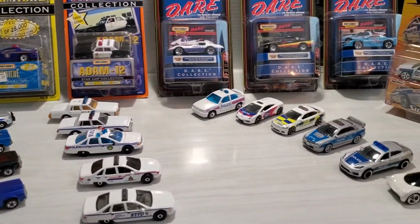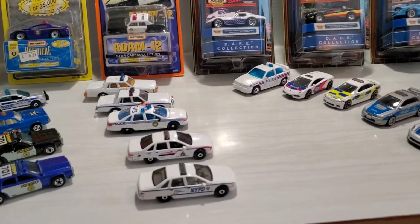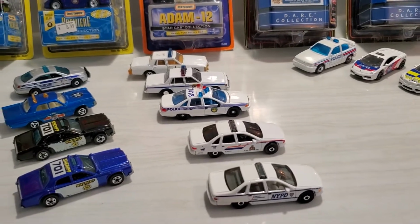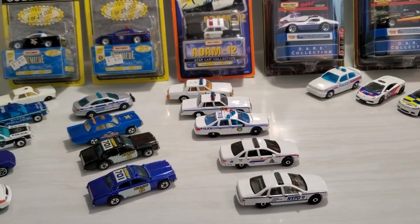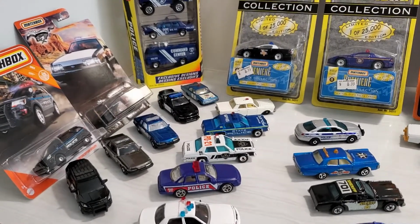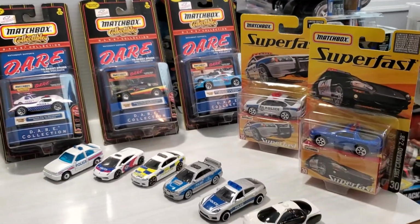Now you can get a lot of newer police diecasts, like Greenlight has a police series and lots of cool police cars in that set. But they're about $8 each, so I gotta watch what I spend my money on because there's a lot of other diecasts I want to buy. So anyways, these ones are older, cooler ones that I've gotten. And they just happen to be mostly Matchbox, but I have some others mixed in with the